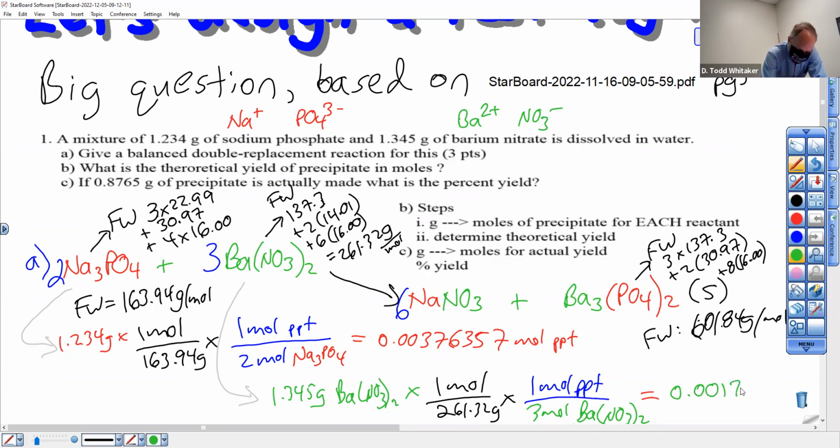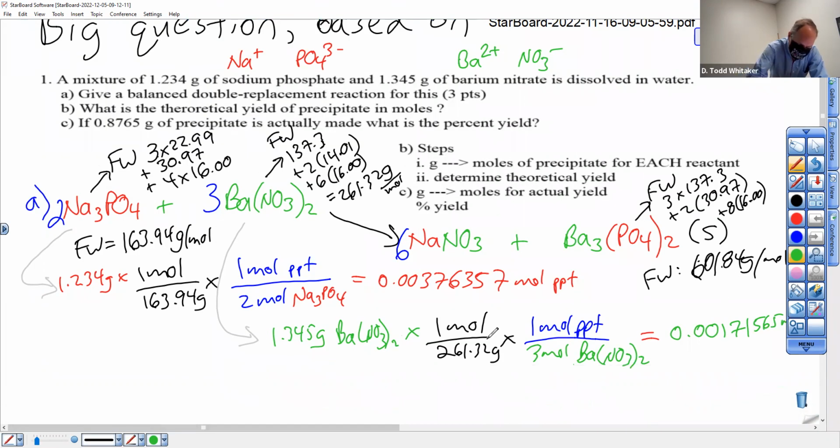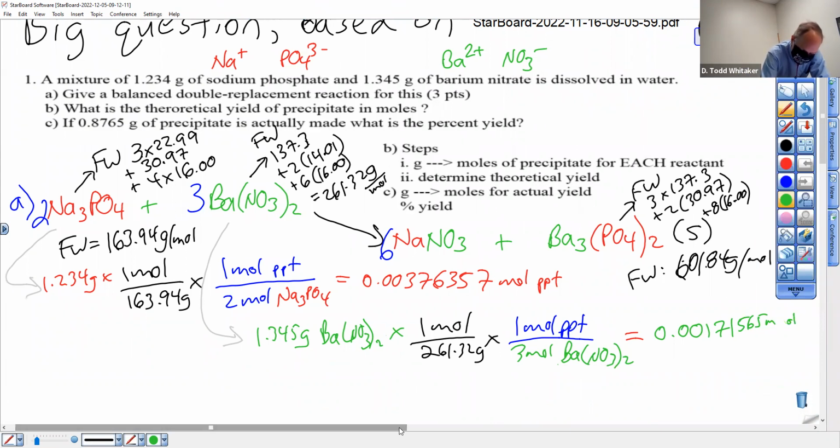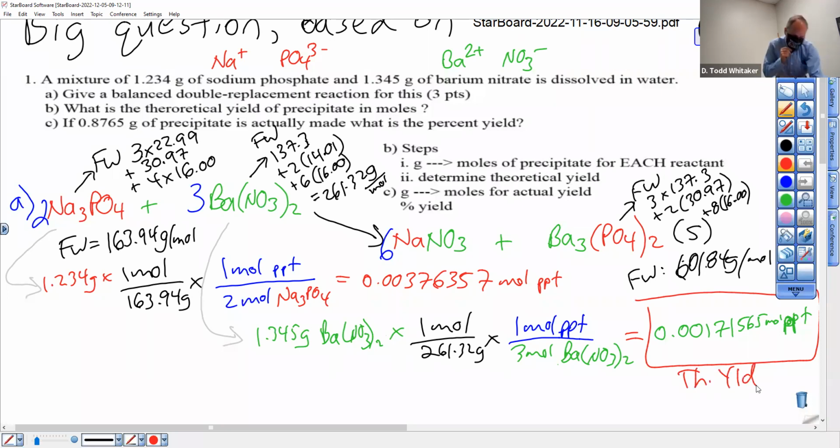Okay. 71565. Oh. We have a winner, right? That is the theoretical yield, correct? Because it is smaller than this number here. So that's the only one that counts, and it makes this